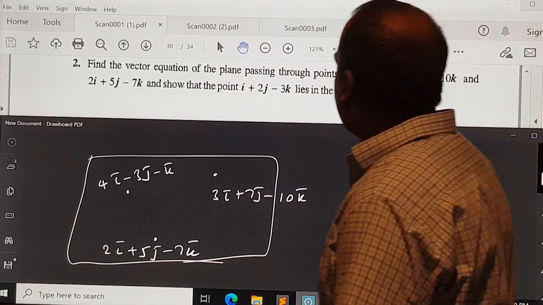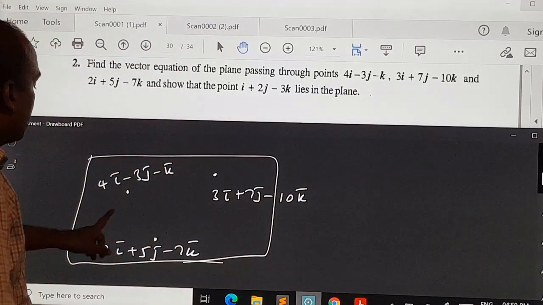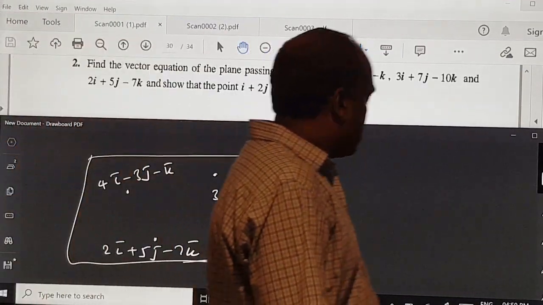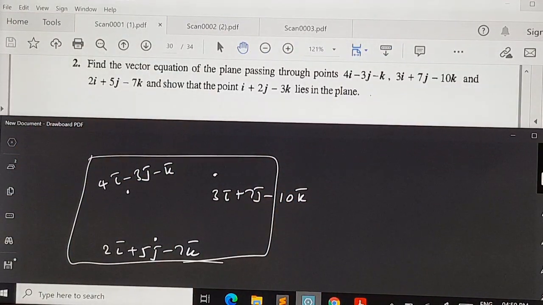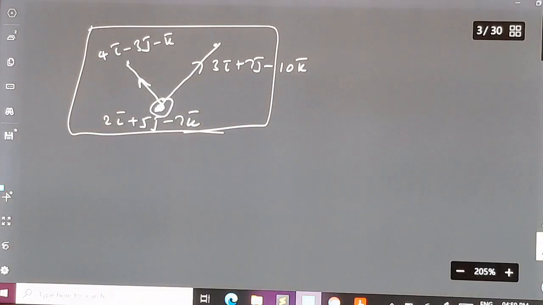Now using these points, first I make two vectors. That is one vector and that is one more vector. And I will take this as the point. Therefore, equation to the plane